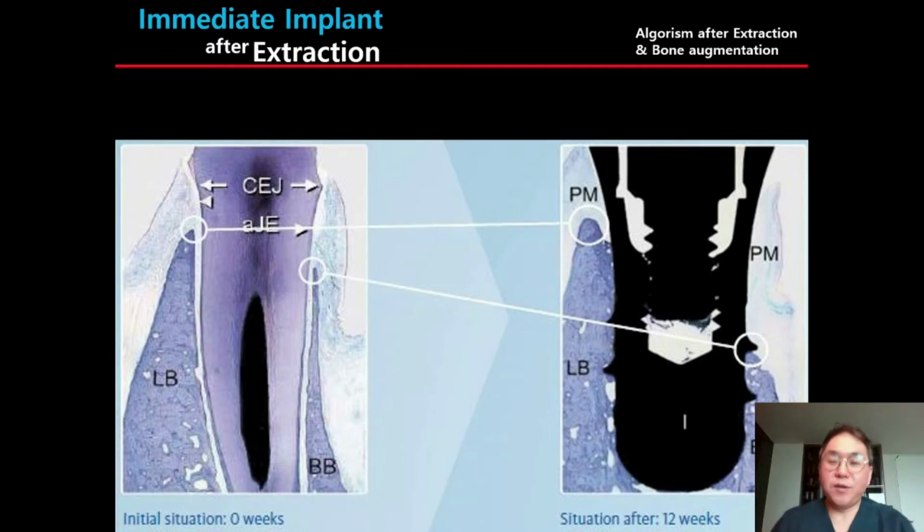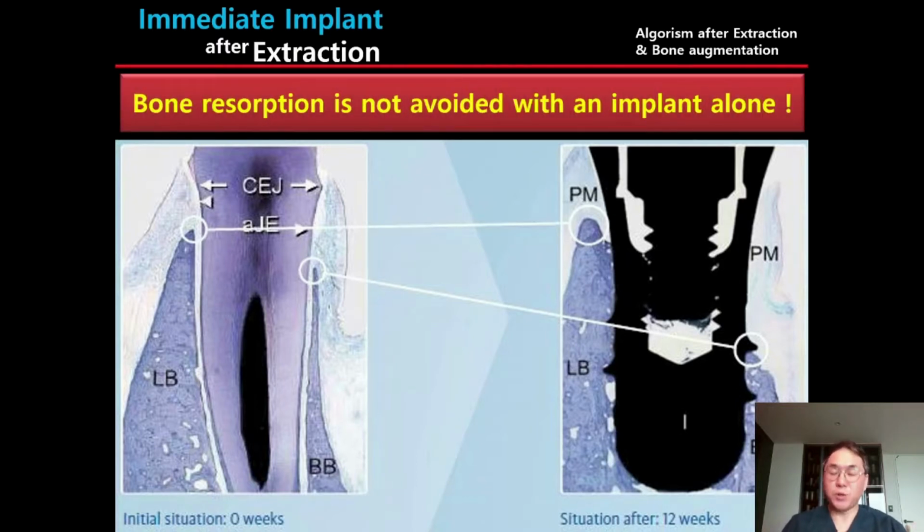And then let's move on to vertical position. Until now, we talked about horizontal position, the bucco-palatal position of immediate implant. And then vertical position, apical-coronal position of implant should be considered. As shown in this research,